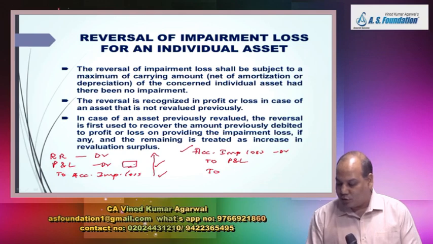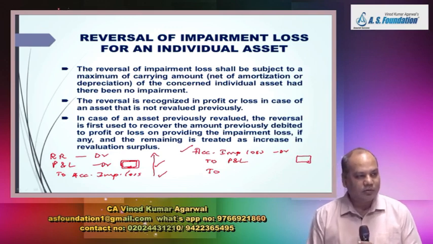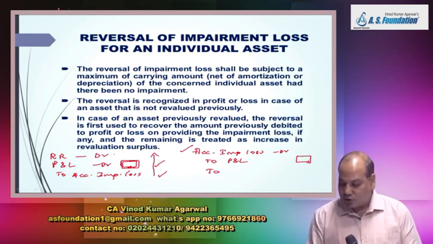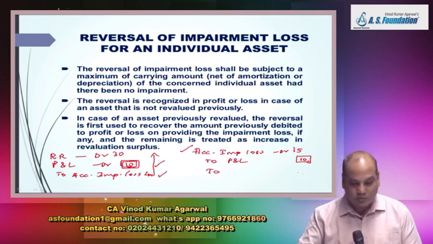The maximum amount that you will reverse in P&L account is the amount that was debited earlier. Suppose earlier we had written like this: revaluation reserve 30, P&L account 10, impairment loss 40. So now if I have to reverse, say only 15, 10 will go to P&L account and 5 will go to